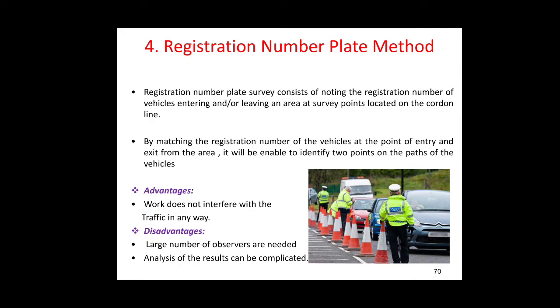Here, if we know the starting point or the entry point of a vehicle by its registration number, and at the same time the same vehicle number is observed at an exit point, then the origin and destination at these two particular points of the road become known, and it becomes easy to analyze the frequent uses of that particular vehicle moving through that road.